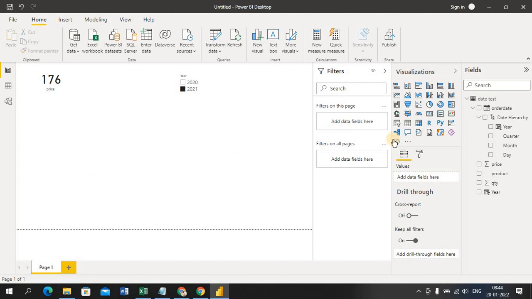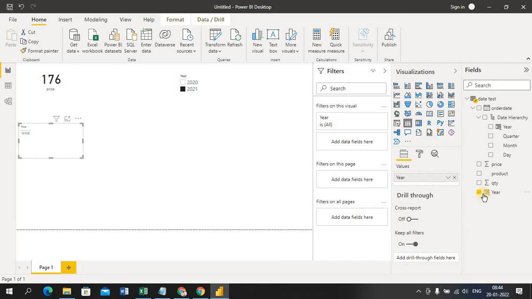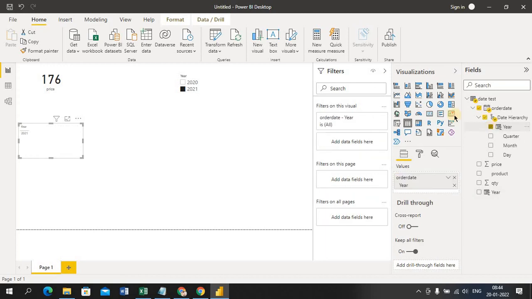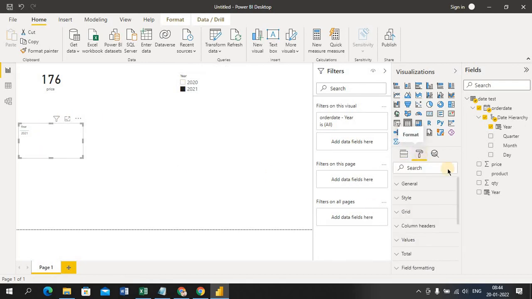Like that. Now I'm going to select this again, okay? So the year column I'm selecting, sorry. I'm going to select this year column, so it will get some information, okay? See, based on my selection it's changing the value. So I go and format this because I want to show the values a bit bigger here.